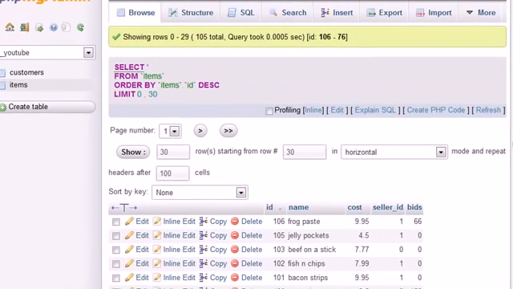Plenty more to come. In the next tutorial, what I'm going to be doing is showing you guys how to create entire tables. It's going to be awesome. It's going to be